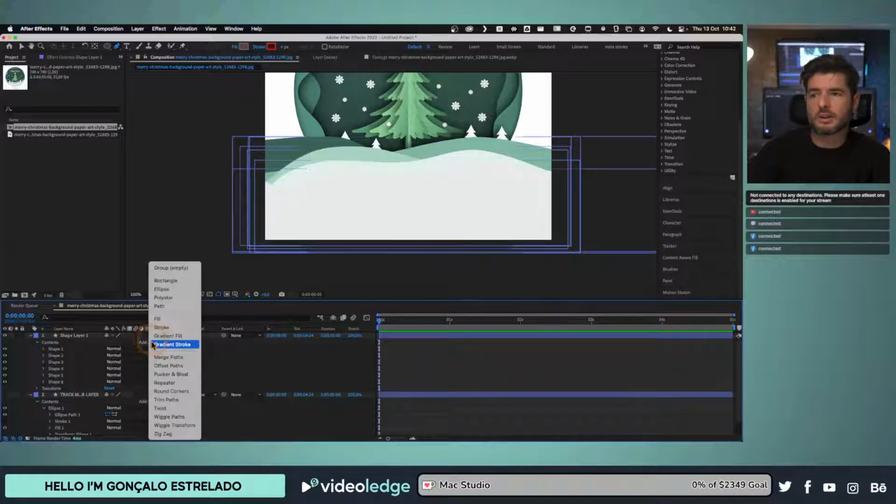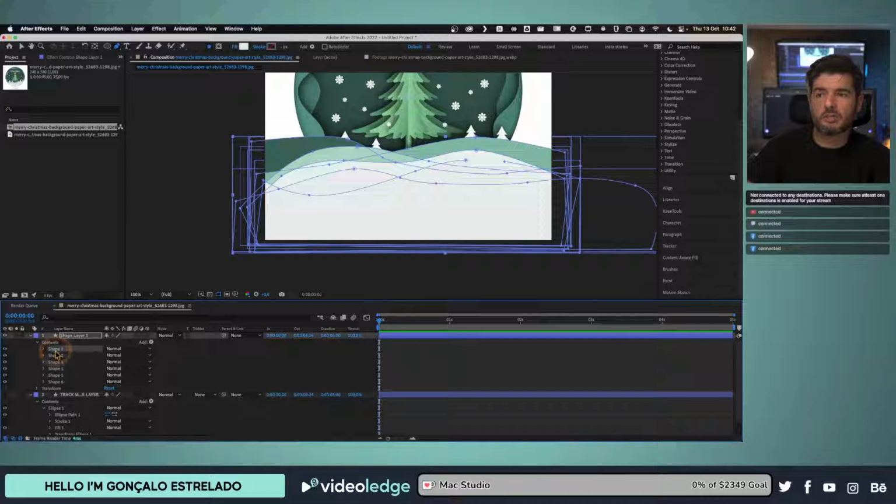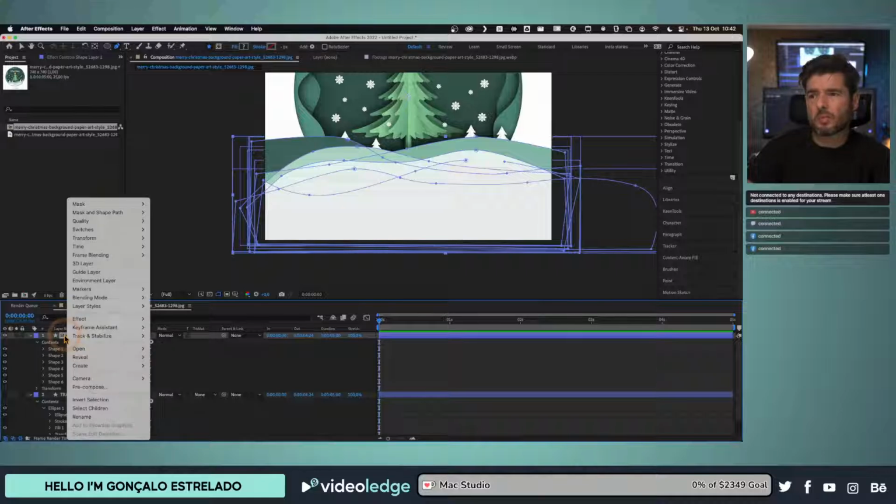If we go to the contents here, you can see that you have a stroke, a fill, and gradient fill, and maybe we could use some gradient fill to this. Maybe we could blur some out of some shapes. There's a lot of ways to do it. Actually, what I'm going to do, probably it's easier, is just to